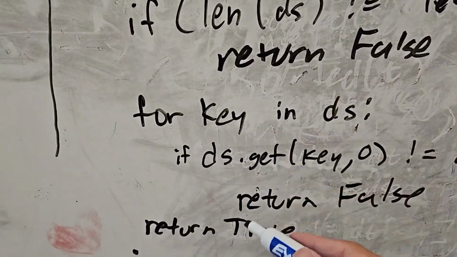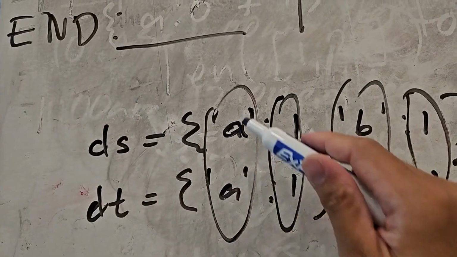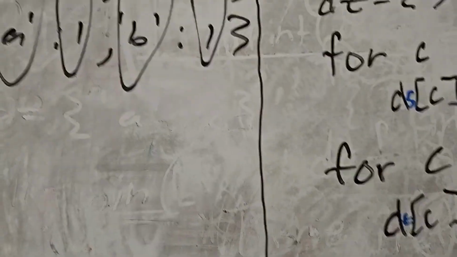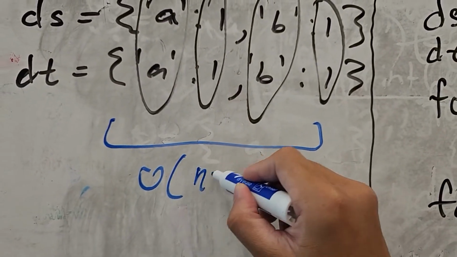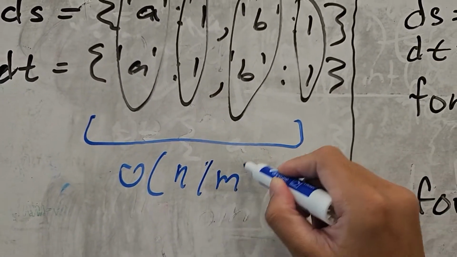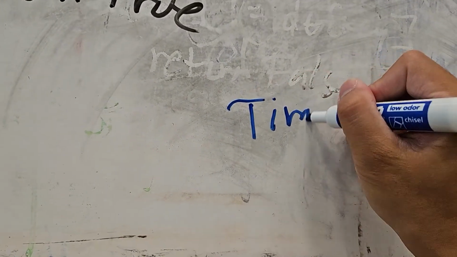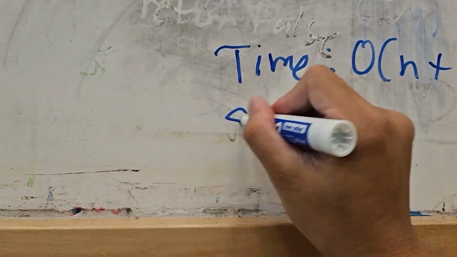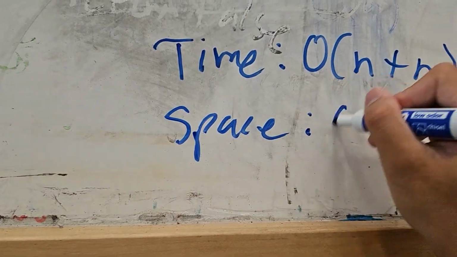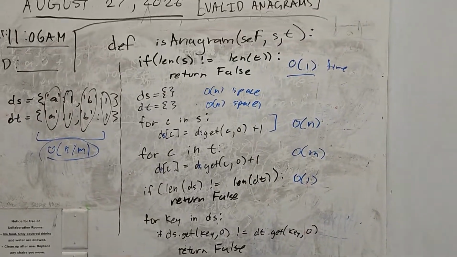And then after that, we iterate through every single, we do this is matching, right? We do this boom, boom, and then boom, boom. This should be like O of n plus n, or O of n slash O of m, I think. I don't know, I'm not 100% sure. So yeah, but time complexity, O of n plus m, space, O of n plus m. Yeah, I could be right, I could be wrong.